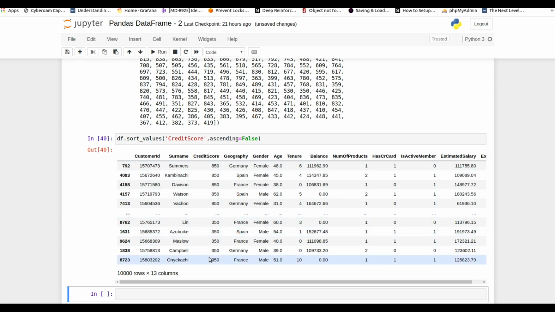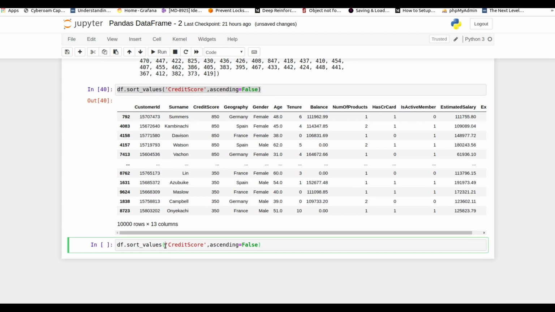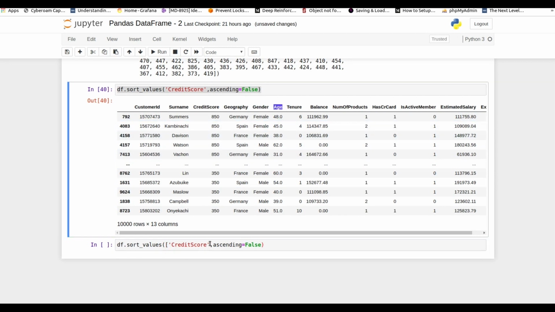And suppose you want to sort the values depending on two or three columns, you just need to provide a list here. I'm going to show you how. Suppose I'm going to sort it according to credit score and age.